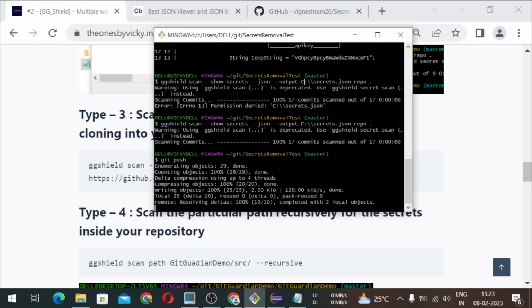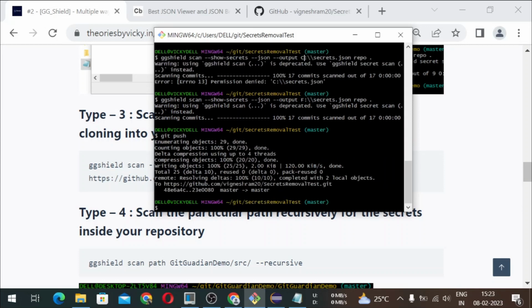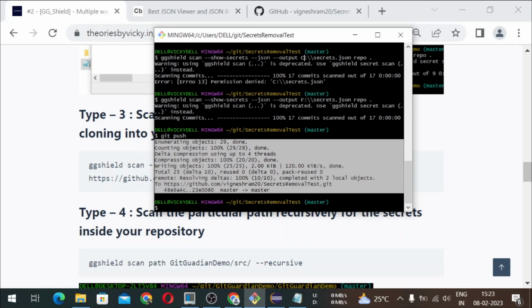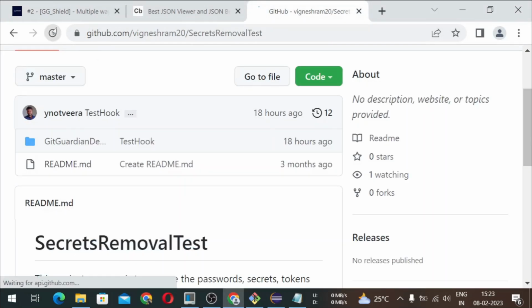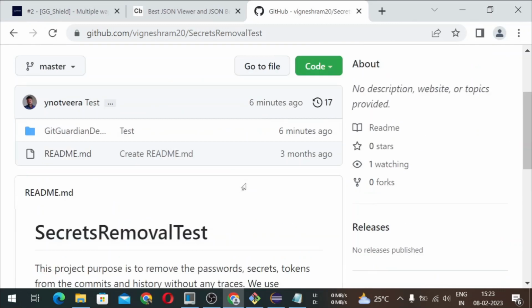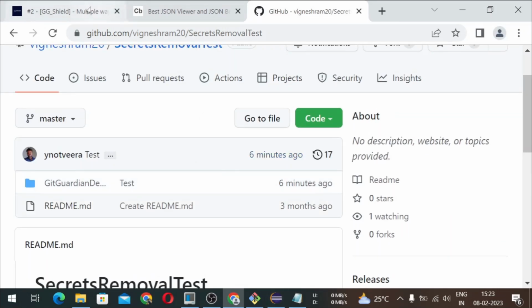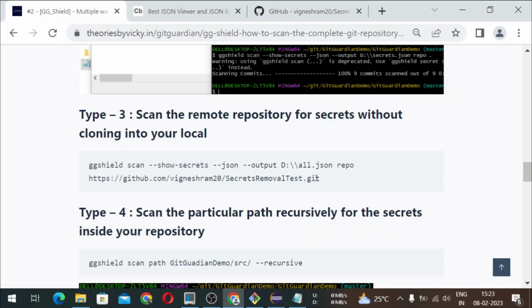So it is going to push all those objects into the remote folder. As you can see here, this particular branch is already pushed to the remote. Let us go and confirm whether it actually did this activity or not. Okay, as you can see here, it updated, and let us go